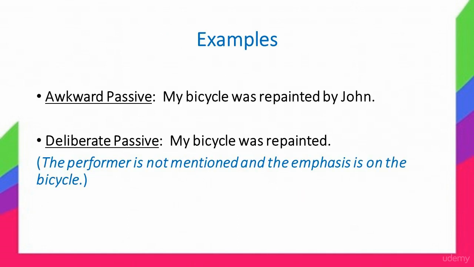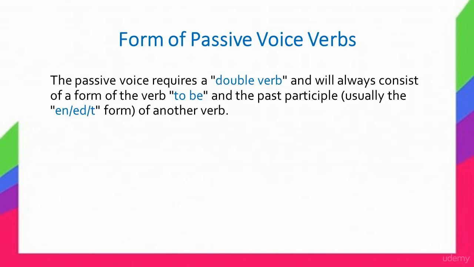For example, awkward passive. My bicycle was repainted by John. Deliberate passive. My bicycle was repainted. The performer is not mentioned and the emphasis is on the bicycle. Form of passive voice verbs. The passive voice requires a double verb and will always consist of a form of the verb to be and